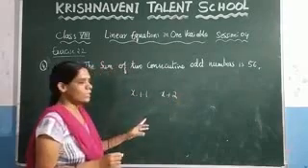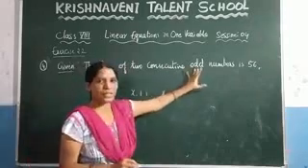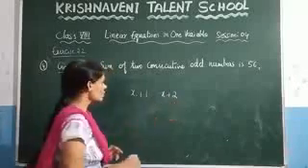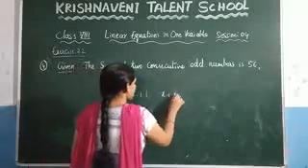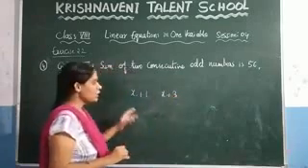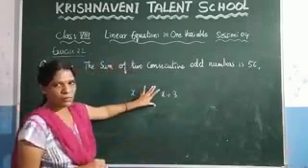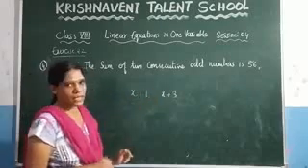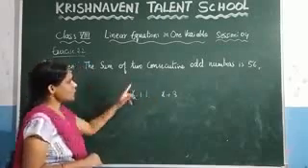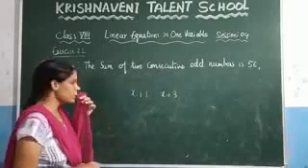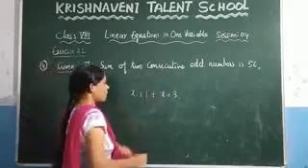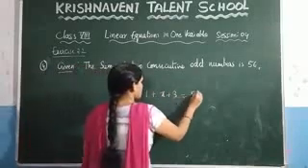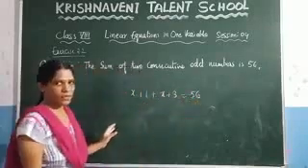But here you can observe that x plus 2 is not an odd number. It is an even number because we are adding 2 to the given number. So here consider x plus 3. These are the consecutive odd numbers. Let us consider the consecutive odd numbers as x plus 1 and x plus 3. And what is given? The sum of the two consecutive odd numbers. That means if you add these two numbers, the result we are getting here is 56.